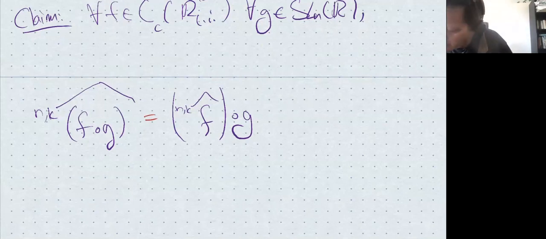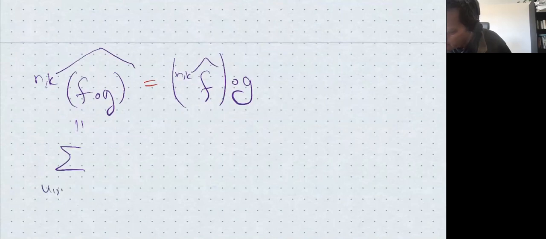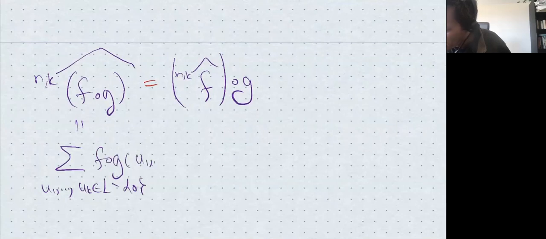If I take the definition of this left-hand side, by definition this is the sum over non-zero vectors of the function f composed with g applied to these guys, which, by the way that SL_n(R) is acting on these k-tuples, is the sum